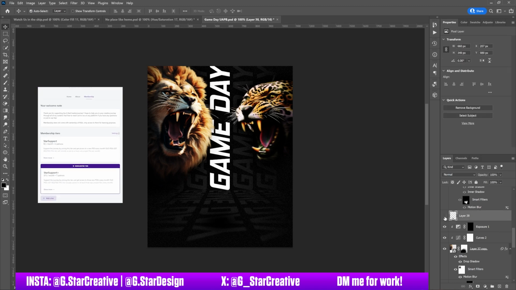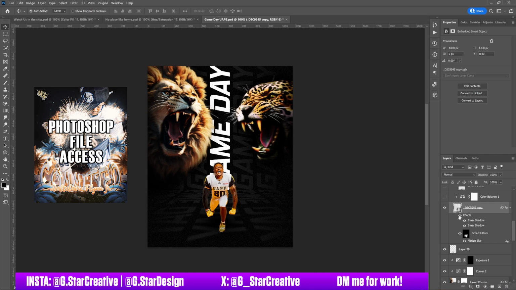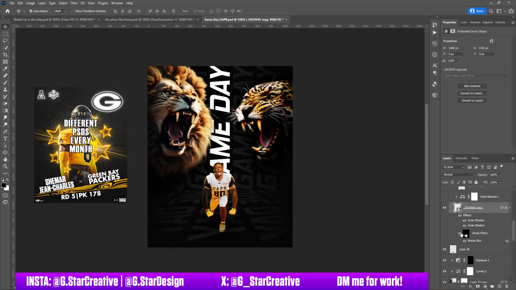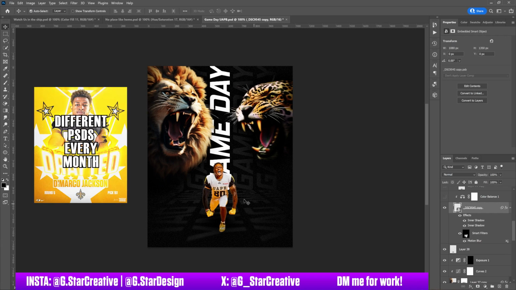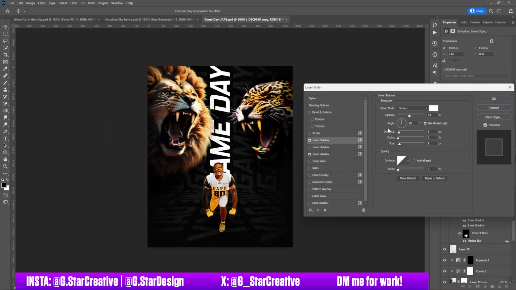Then I just added a shadow ellipse right in the bottom center. And then we have our athlete with inner shadows and some blur just kind of around here to make it look like he's lunging, a little bit of motion blur. These inner shadows are just a screen layer